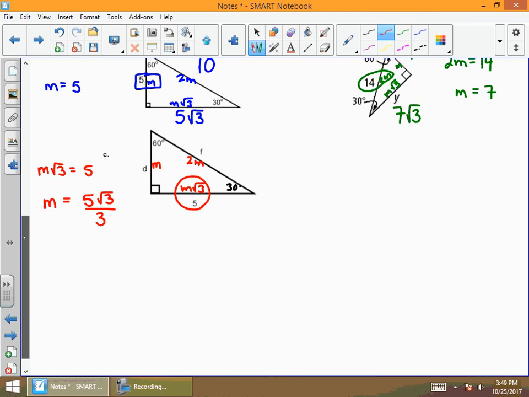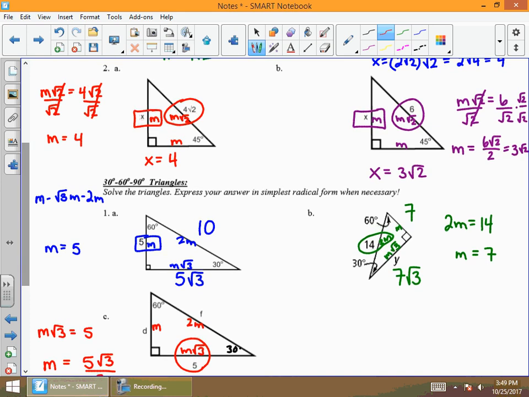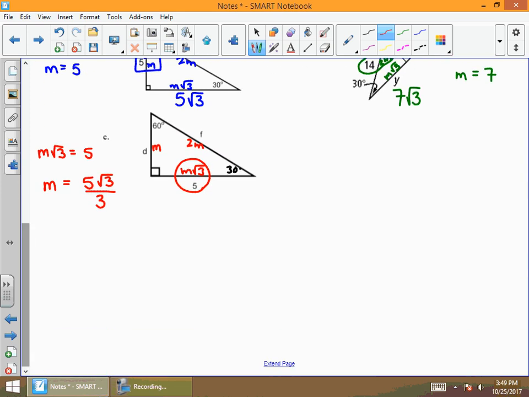And if you want to see, as we look up here, if I go all the way back to that example where I had m radical 2 equals 6, I could have just called that 6 radical 2 over 2. So I could have just shortcut it. Anytime I see that radical, my little trick is m radical 3 equals 5, move the radical over, 5 radical 3, and then put whatever's inside the radical underneath the 5, and that'll do the same thing. So if m is equal to 5 radical 3 over 3,